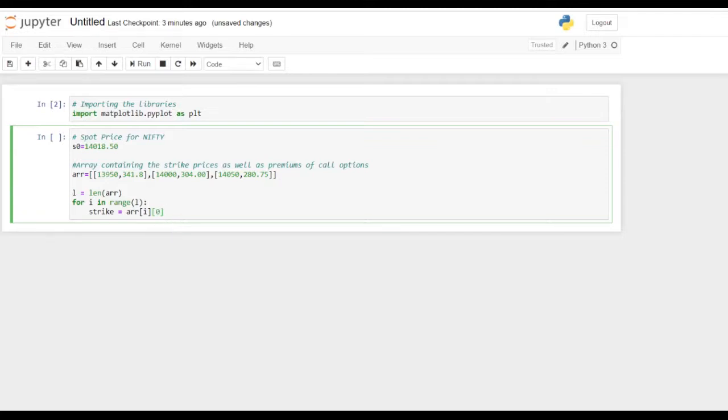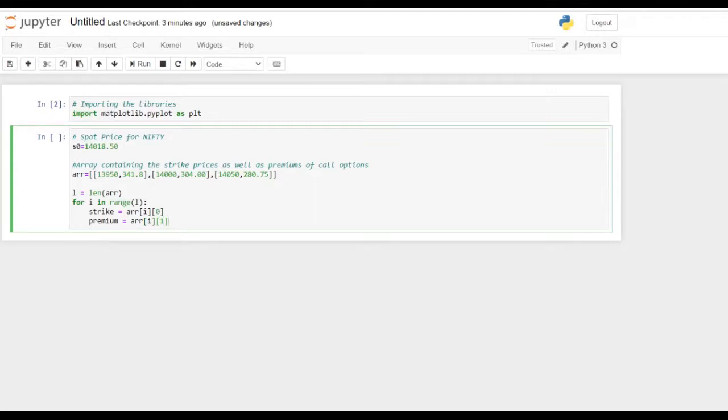I'll store it in the strike price variable, and now I'll find the call option premium from the array, which is array[i][1]. Similarly, since the strike price was array[i][0], it will be array[i][1], because we want the second element. And in Python, the indexing starts from 0.